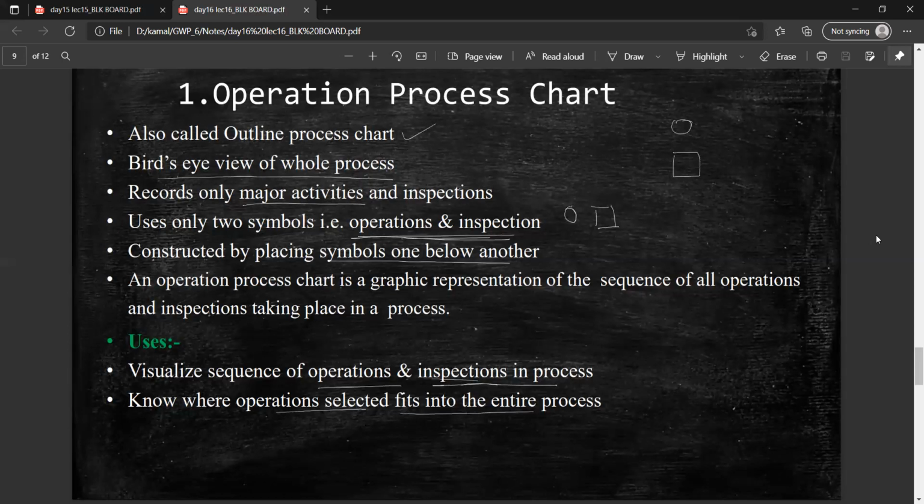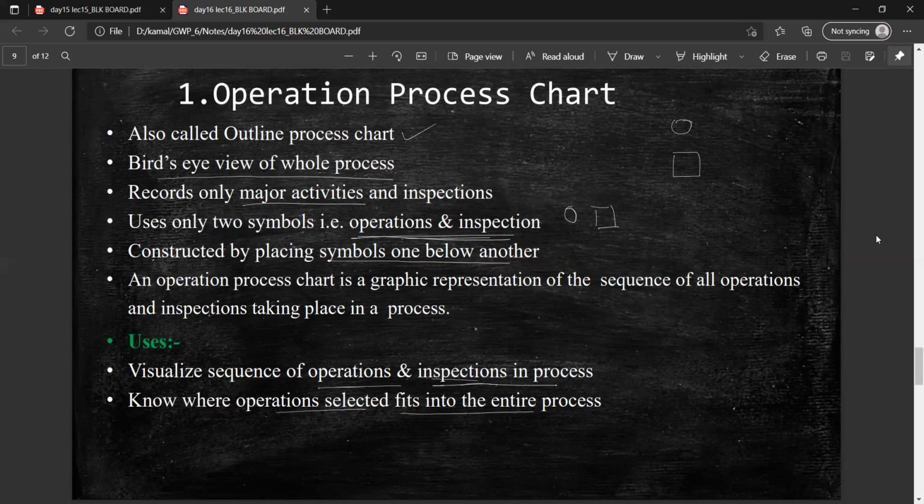Okay, so to prepare the chart, I have to monitor the whole process, and the main processes will be charted. To monitor the whole process and sort out the main process, I have to maintain the records, and in the records I have to note down the major activities and inspection which are required for the particular production. Like if I give the previous example, that is carpentry.